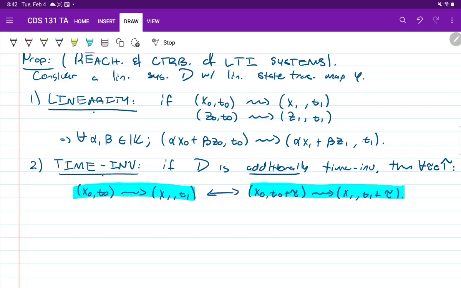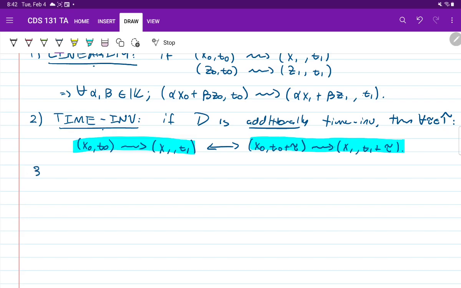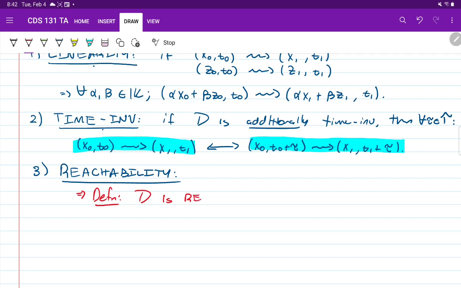Okay? All right, fantastic. So finally, what I'm going to say is something about a property called reachability. So far we've only talked about what it means for an event to be reachable. Now I want to declare a definition of reachability for an entire system. Okay, so finally we're going to talk about reachability. Fantastic. So I'm just going to insert a little definition into this theorem statement over here. So definition.